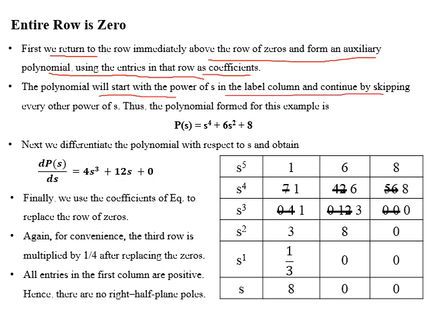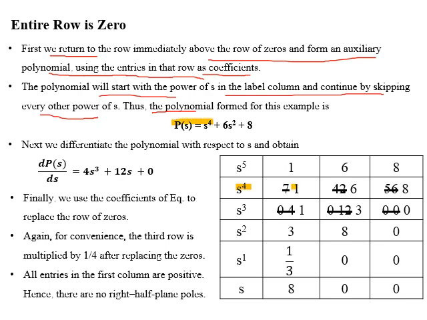In this case, row of 0 has occurred with a row labeled with s^3. Directly above this row of 0 is a row labeled with s^4. So highest power of our auxiliary polynomial will be s^4 and its coefficient will be